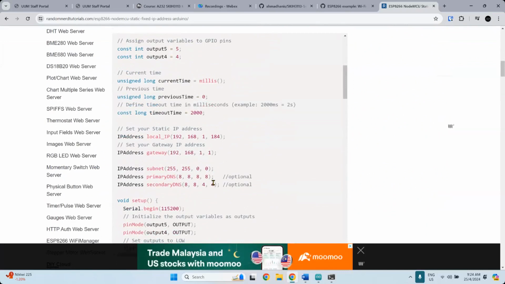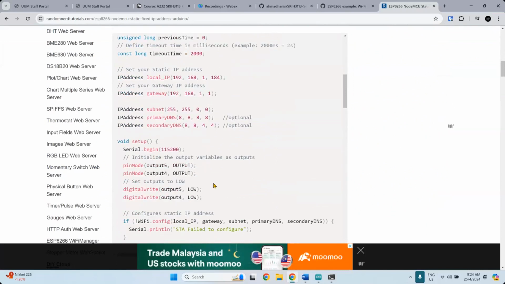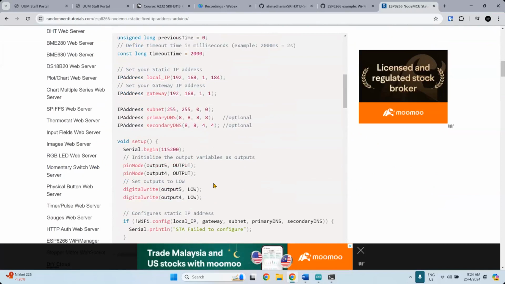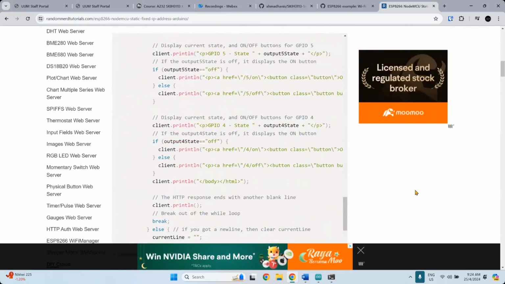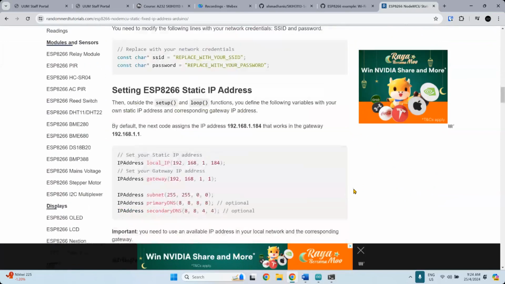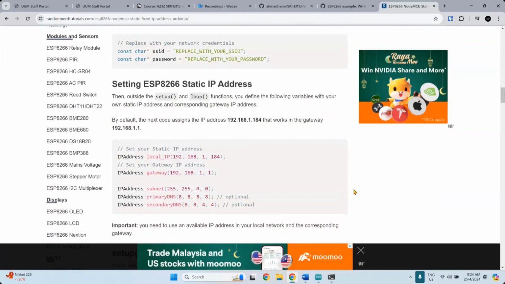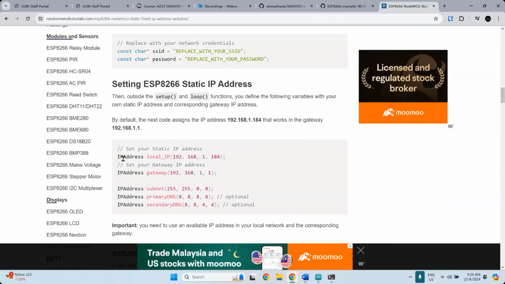Server static local IP. No, this one is WiFi local IP. Not this one. IP address local IP set static IP address. I think we can use this one.